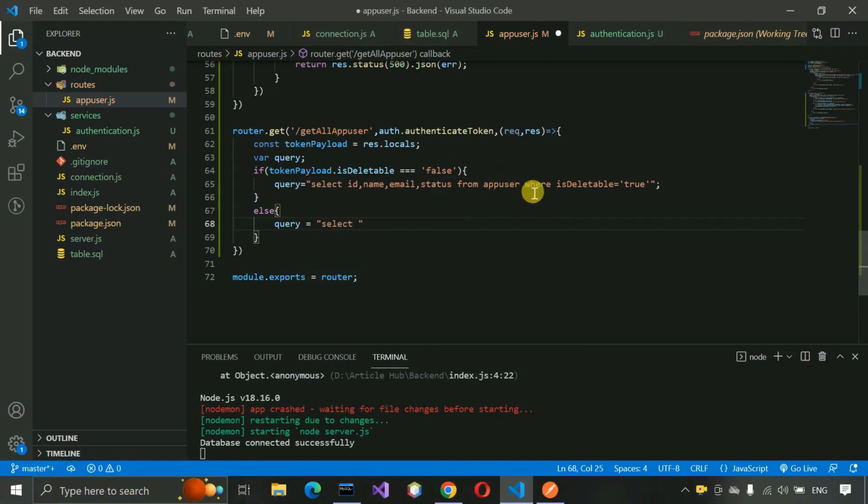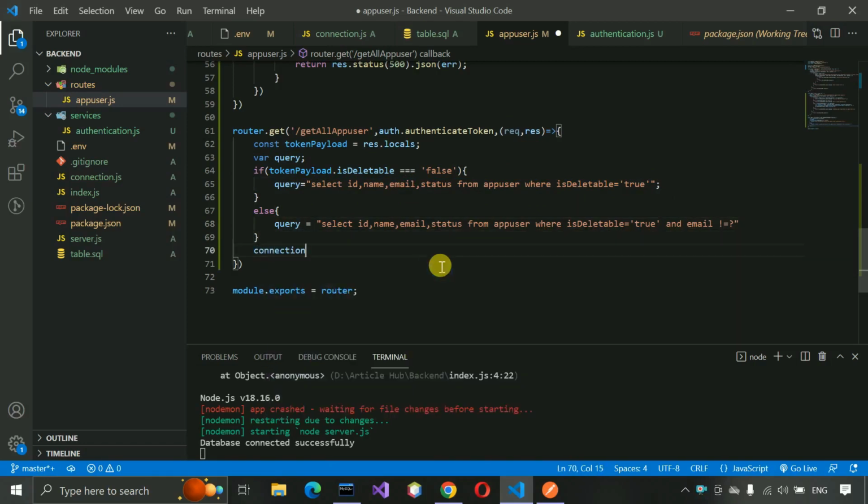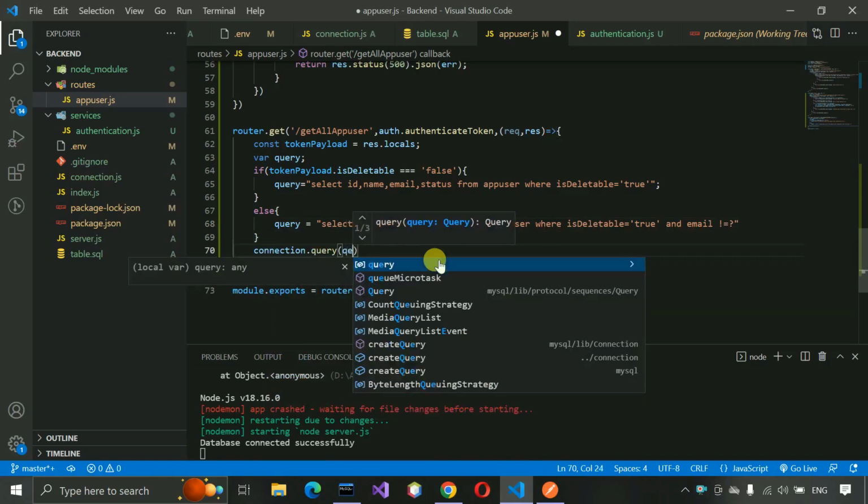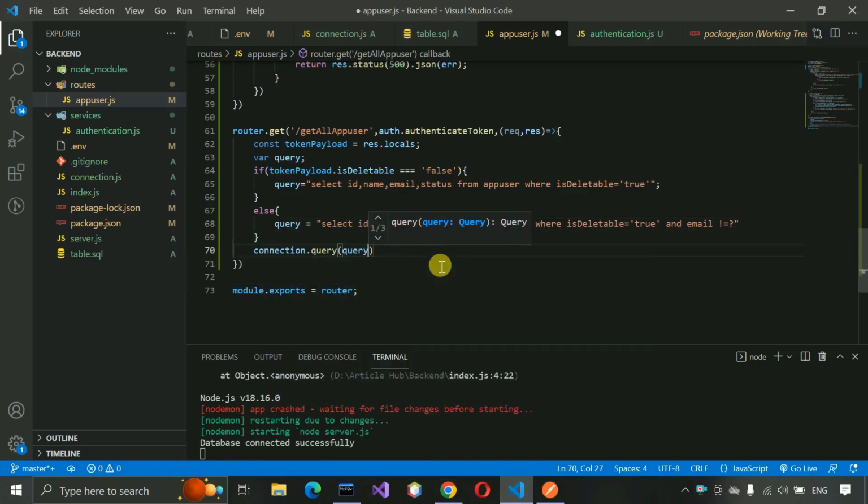So this part will be same. Okay, this complete query will be same. Small changes is there, and email address is not equal to whatever the email address we are going to pass, that should be not equal to. Okay, so after that we have to write connection query, and here we have to pass the query whatever we generated. Then from token payload we have to pass the email address, and here we have to write error, results,